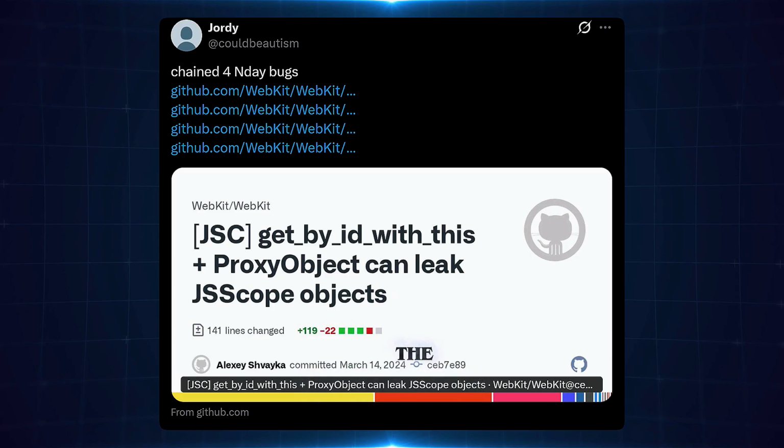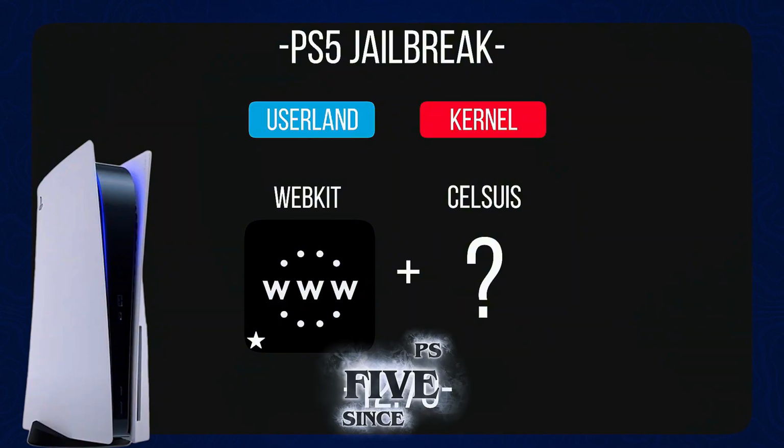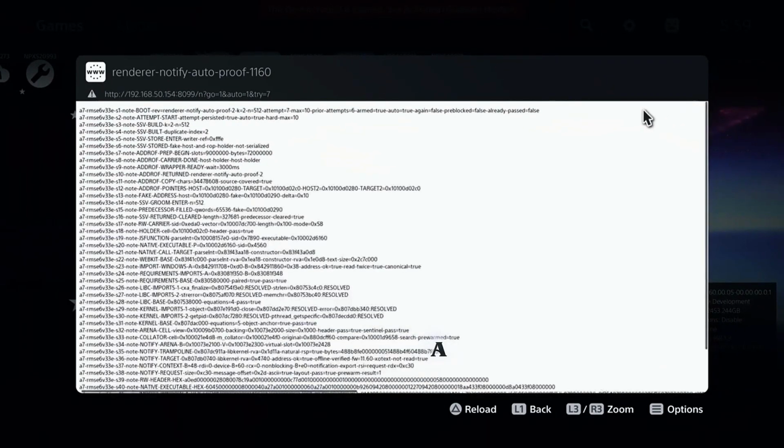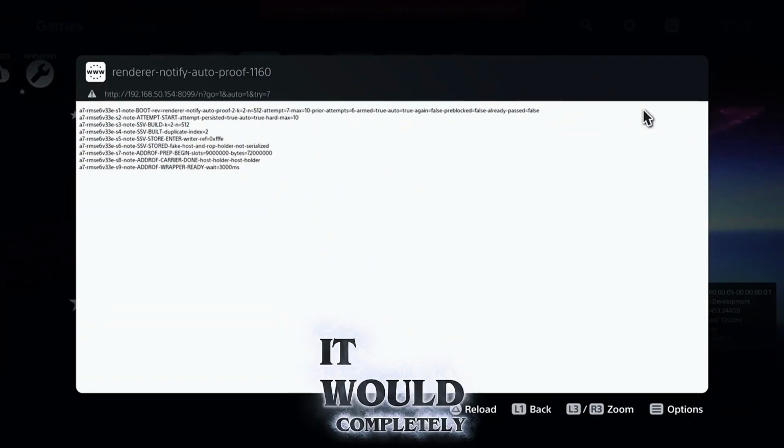be triggered with the web browser on the PS5, but we haven't really had a proper web browser exploit working on the PS5 since 5.50, whereas if this one works all the way up to 13.60 and can be fully developed into a full WebKit exploit, allowing us to trigger kernel exploits with it, then it would completely change not